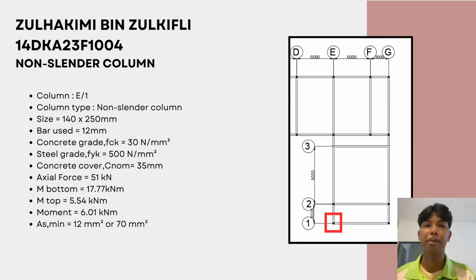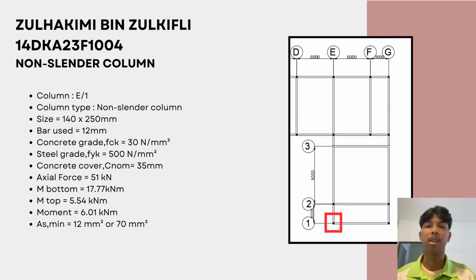For this session, I am presenting the design and detailing of a non-cylinder column located at grade E/1. The column has a size of 140 mm by 250 mm and uses 12 mm diameter reinforcement bars. The materials used include grade 30 concrete with a steel yield strength of 500 Newton per square millimeter and a concrete cover of 35 millimeters. This column is designed to carry an axial force of 41 kN with a bottom moment of